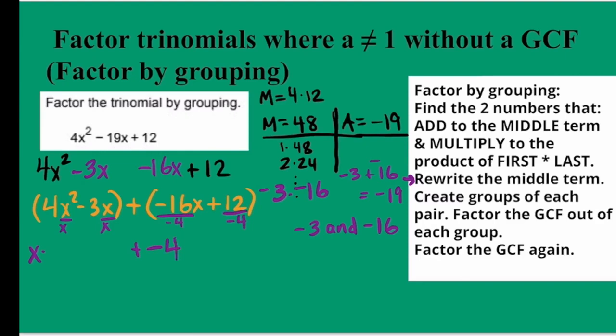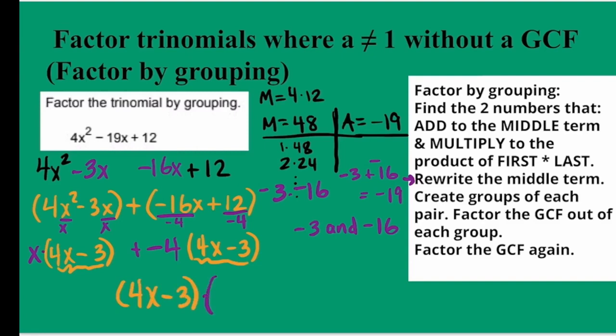In the first term, when we divide out the x, we're left with 4x minus 3. And if I had to guess, the second parentheses is going to be the same. Negative 16 divided by negative 4 gives me 4x minus 3. There you go, super convenient. These are the same, which means it's a common factor. I take out this common factor,